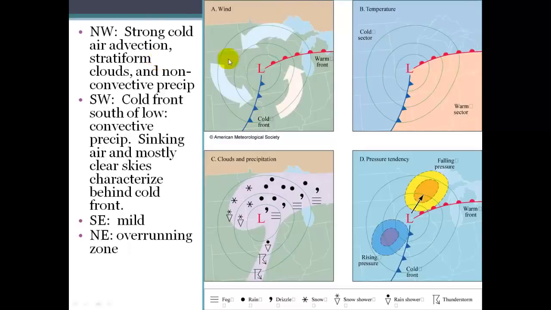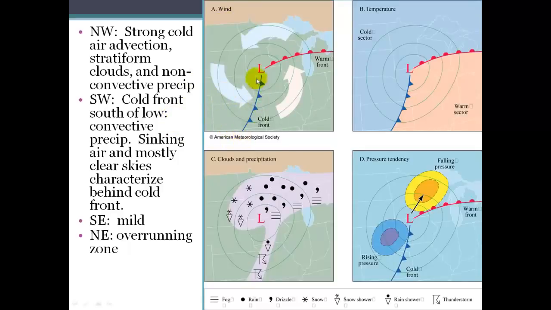And we may see some precipitation, but non-convective. There's no convection going on here. It's just the stratus, like nimbostratus type precipitation. If we look in the southwest portion of the storm, which is down in this area here, we have the